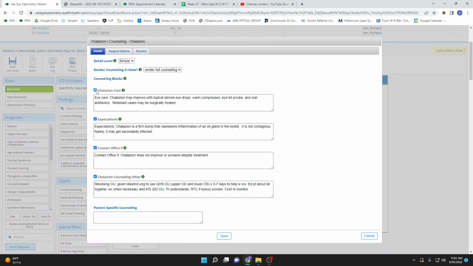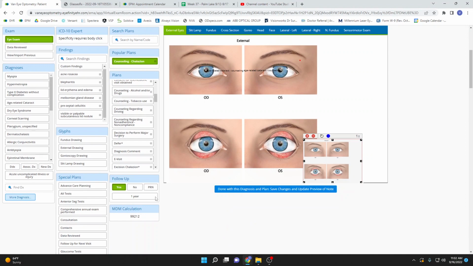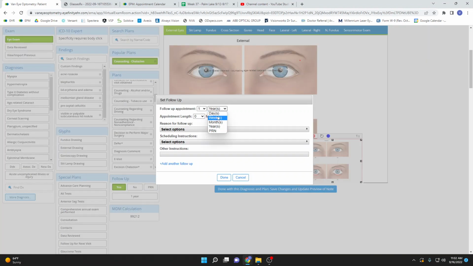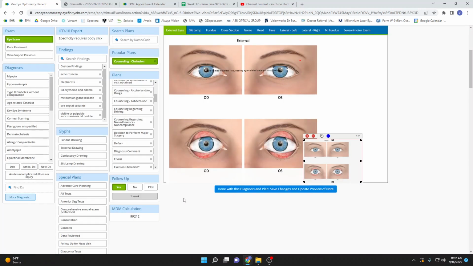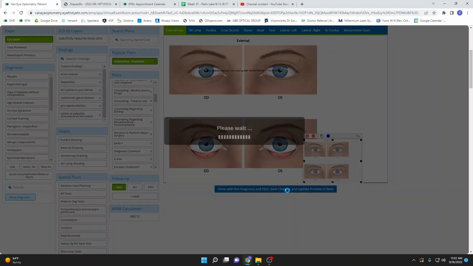You can click or unclick if you don't like what it says, or if you want to change it, you can add stuff to it, up to you. Okay, if you want to add something extra down here, and then done. You're going to do a follow-up, yes, 1 week because it's a chalazion, done. And then you have to click where it says done with this diagnosis and plan, otherwise it's not going to save in the chart. Okay, so click there,